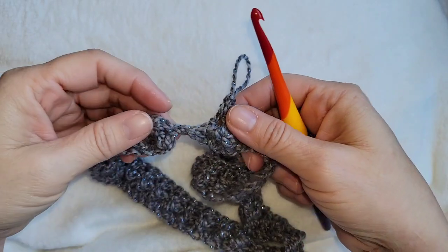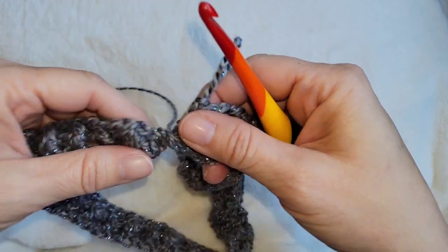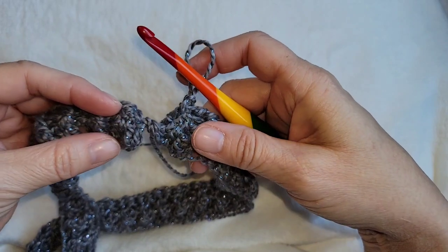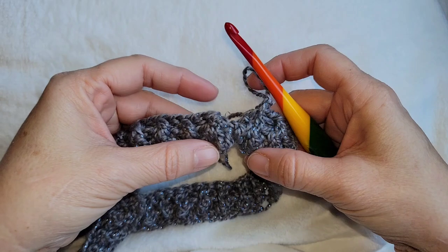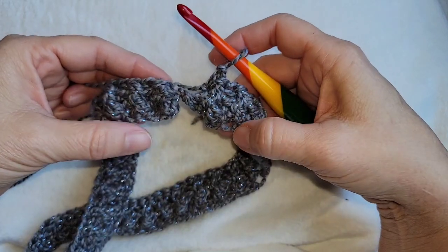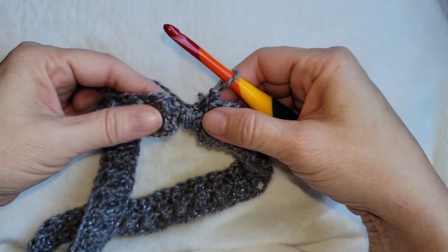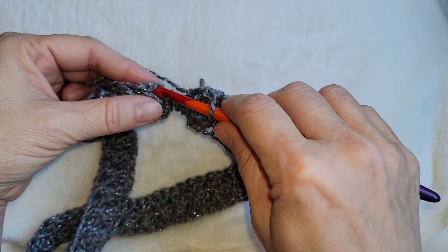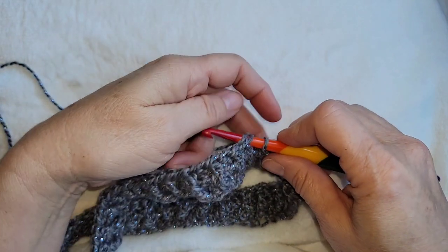Okay, here we go. We're getting ready to go to the third round. It might look a little wonky here just because we didn't attach that bottom chain together, but like I said, we'll do that later. What counts now is that you make sure that those bottom beginning chains are lined up, and that you don't have the cowl twisted. And then you will start with a slip stitch into that very first double crochet,